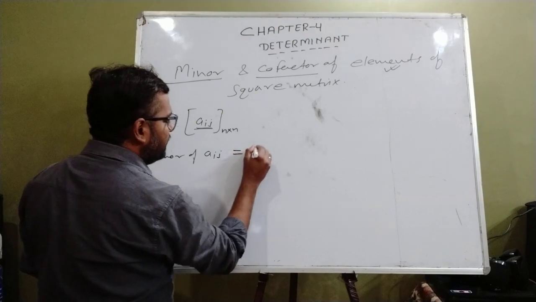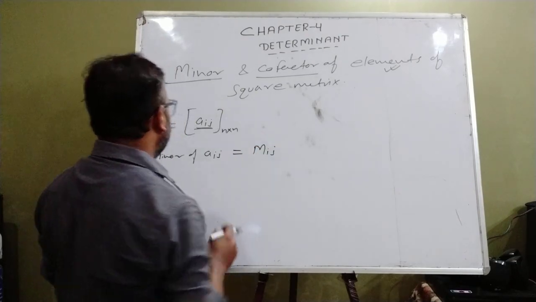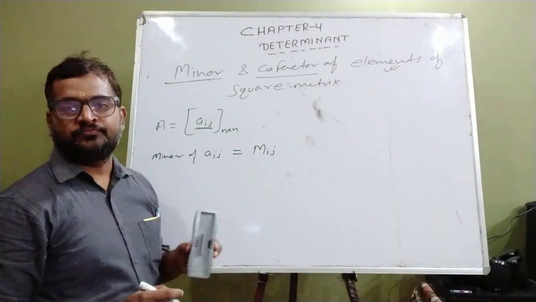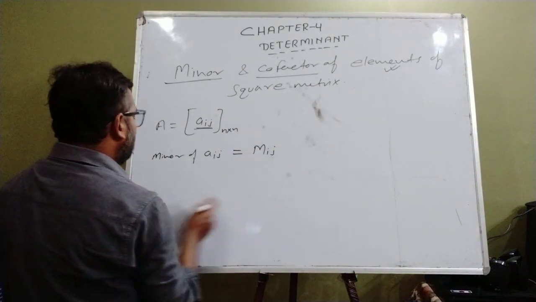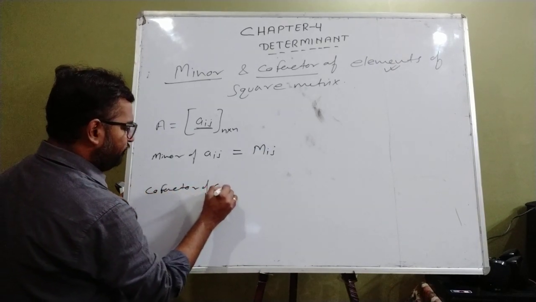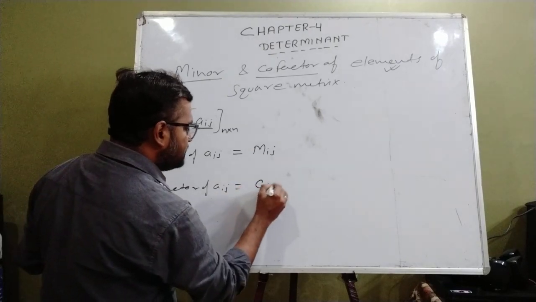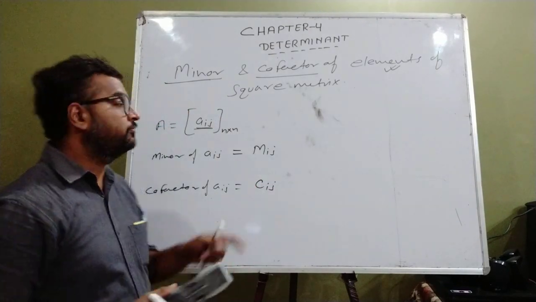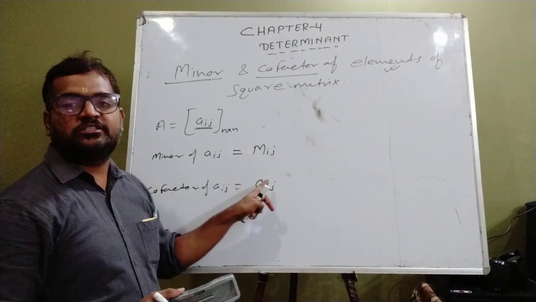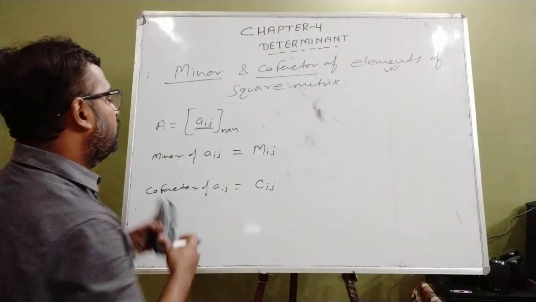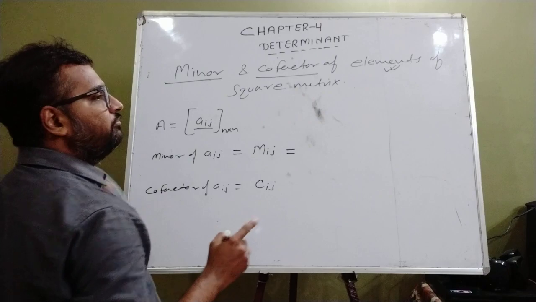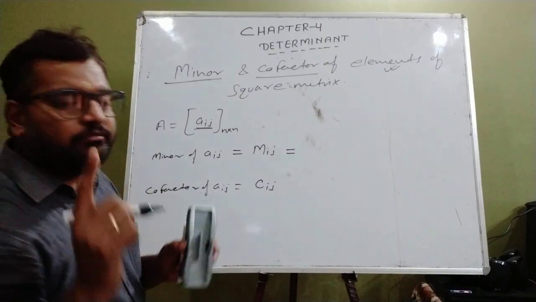So the minor of Aij is denoted by Mij. Minor of Aij is denoted by Mij. Clear? And cofactor of Aij is denoted by Cij. Minor of Aij is denoted by Mij and the cofactor of Aij is denoted by Cij. Now this is the representation, and what will be the value of this Mij? Then the value of Mij is given by